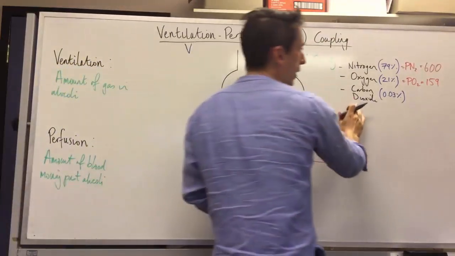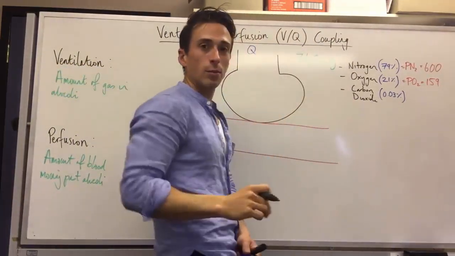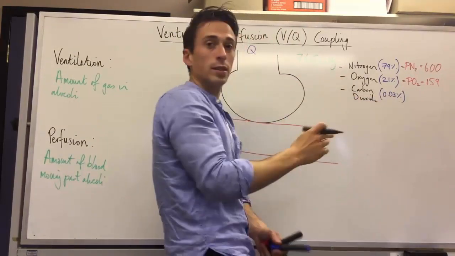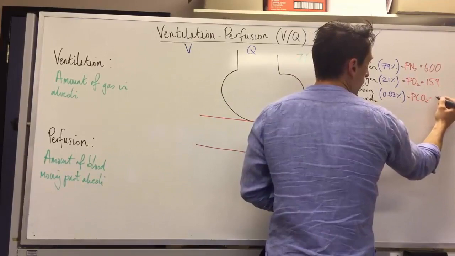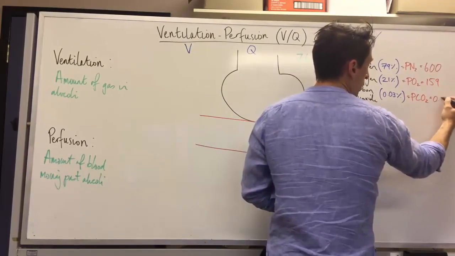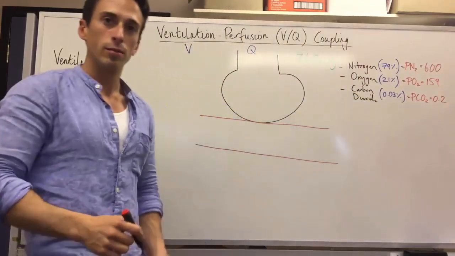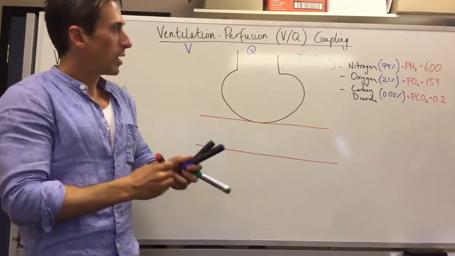If we were to calculate the partial pressure of carbon dioxide in the atmosphere, 0.03% of 760, you'll find that the partial pressure of carbon dioxide is around about 0.2 millimeters of mercury. Okay? So that means that